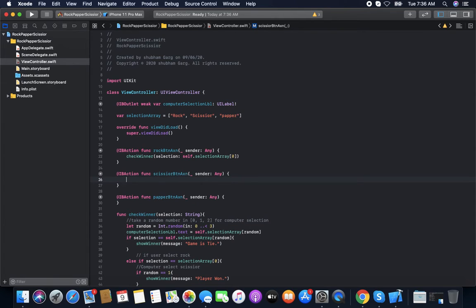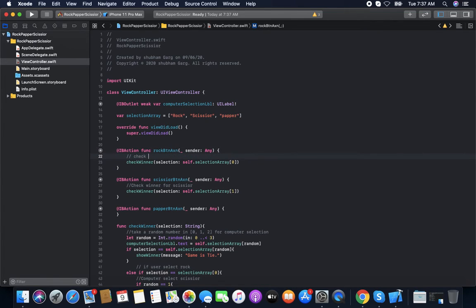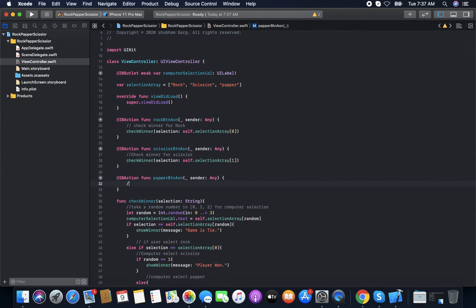In scissor condition we know same for paper.